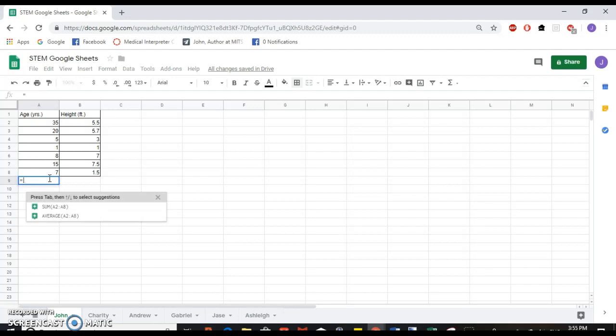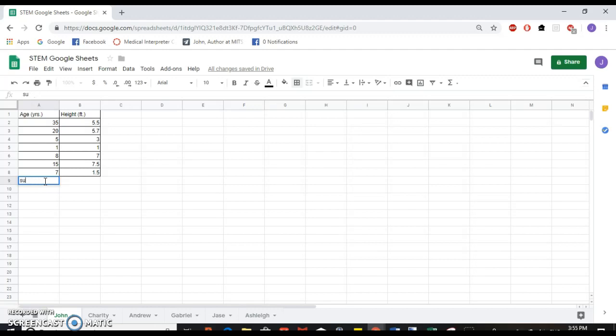A function is simply an equal sign, okay? A function means that it's going to perform a calculation. So let's say I wanted to add up all the ages right here, right? I want to find the total age of everyone in there. So it would be 35 plus 20 plus 5, blah, blah, blah, all the way down, right? So if I just added sum of this data, and you're probably not understanding what I'm doing, but you'll find out here in a minute, A1 through